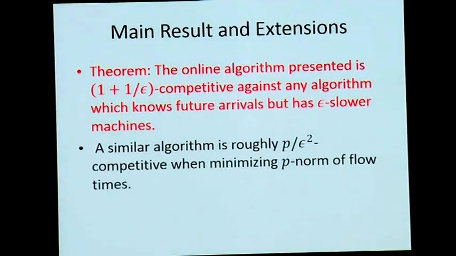And that's it. The big theorem that we proved here was that this policy is 1 plus 1 by epsilon competitive. Or this algorithm is 1 plus 1 by epsilon competitive. So just to put in numbers, if epsilon was 0.1, I was assuming my machines were 10% faster, then I get an 11 competitive algorithm. Right? And we also have results which say that this is roughly the best you can do.